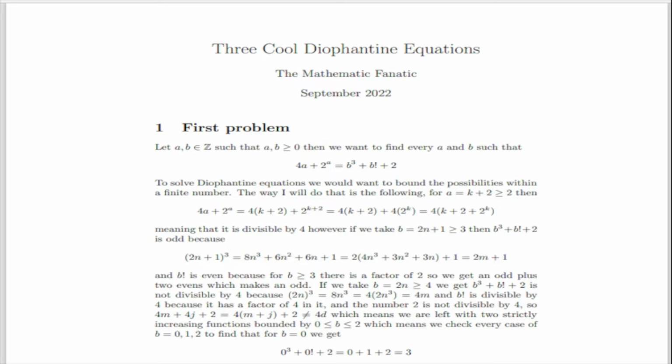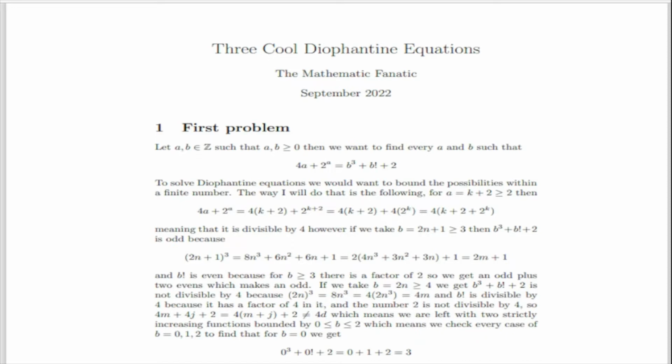For a equals k plus 2, greater than or equal to 2, then 4a plus 2 to the a equals 4 times (k plus 2) plus 2 to the k plus 2, which equals 4 times (k plus 2) plus 4 times 2 to the k, which equals 4 times that whole thing, meaning that it is divisible by 4. However, if we take b equals 2n plus 1, which is greater than or equal to 3, then b cubed plus b factorial plus 2 is odd, because